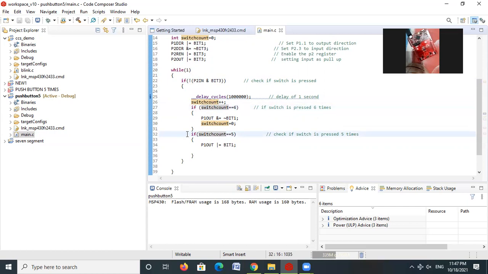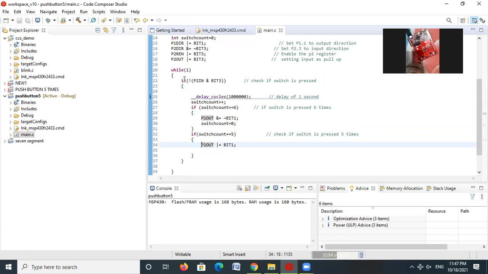Now switch count is 5, so this if statement will become true, our program will come here, and the port 1 LED will glow. Port 1 bit 1 LED, that is the green LED, will glow in our launchpad.